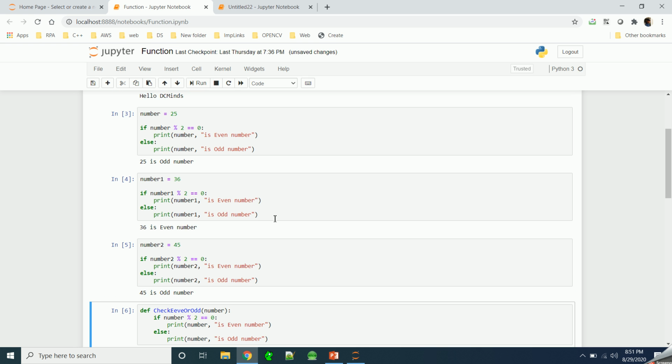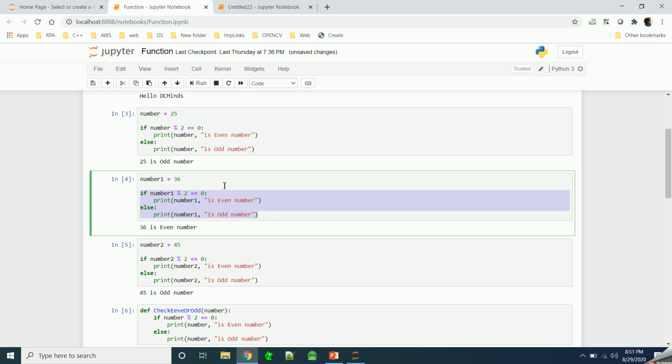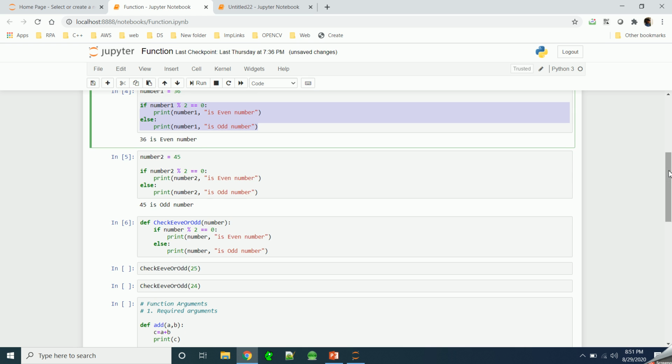So instead of repeating the code like this, if you want to perform the same operation again and again with different values, we can define a function. We are defining a function and we have given the name of the function as check even or odd, with the parameter, the number.